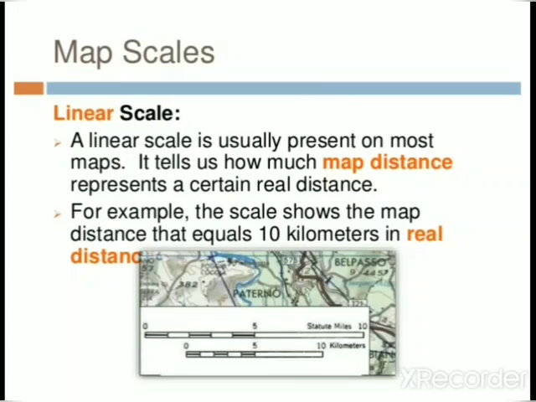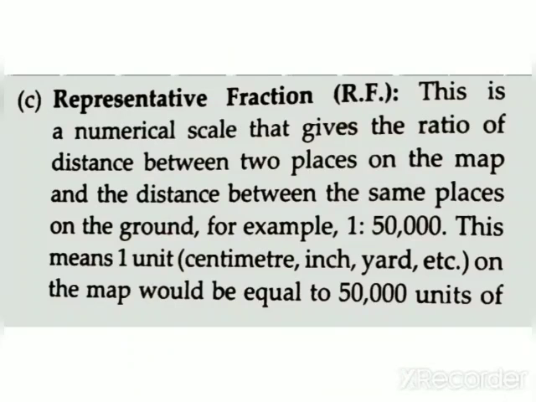The user of the map has to place a straight edged paper or a piece of string beside the 2 points to be measured. Mark the 2 points on the paper or string and measure the distance between these two marked points using the scale given at the bottom of the map. Okay, so in this way the actual distance between the 2 points will be known by using the linear scale. Next, we will discuss the representative fraction, that is RF.